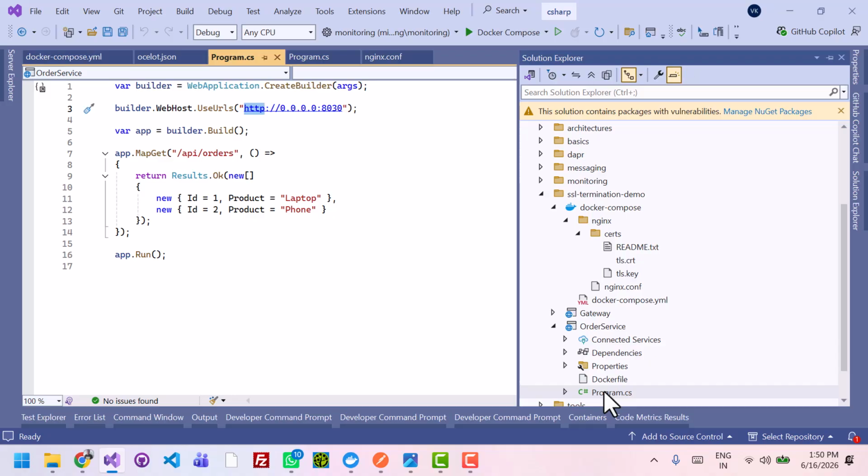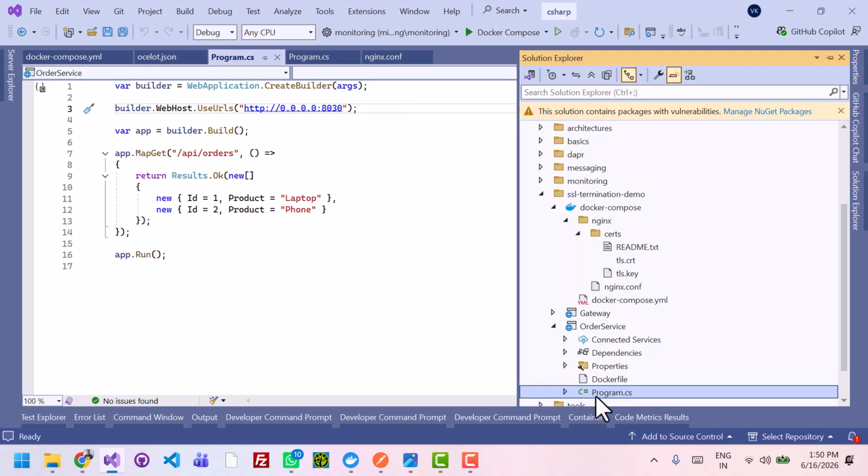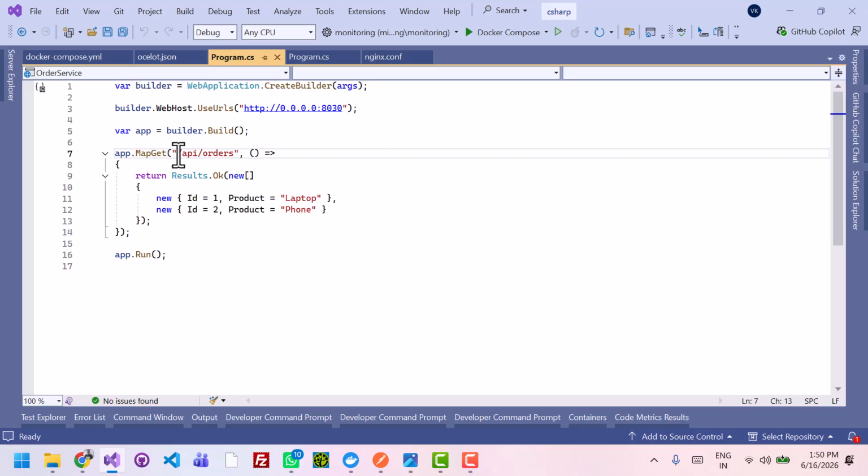Okay, so this is the totally decoupled application. It is nothing to do with the Ocelot. Here this is also HTTP, pointing to 8030, and here it is pointing to the API orders. One endpoint, it is a minimal API. Okay, and now